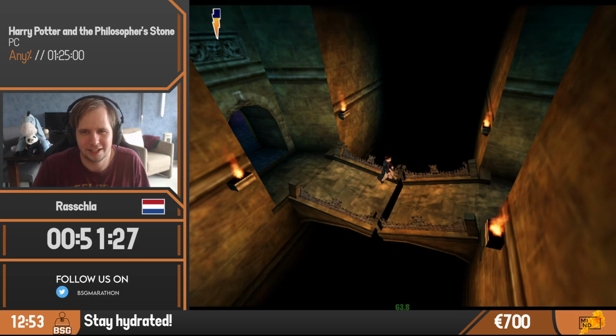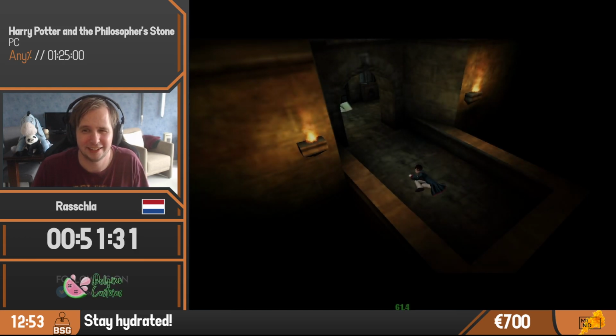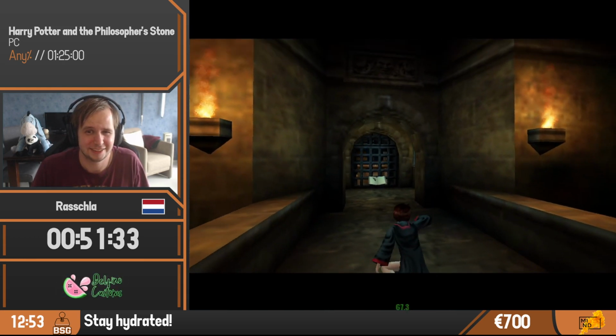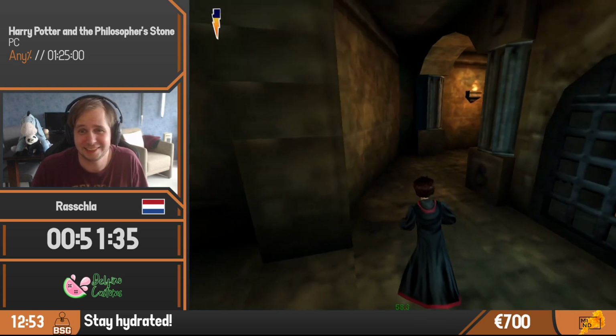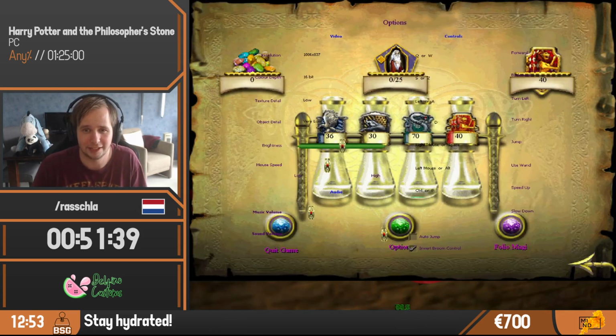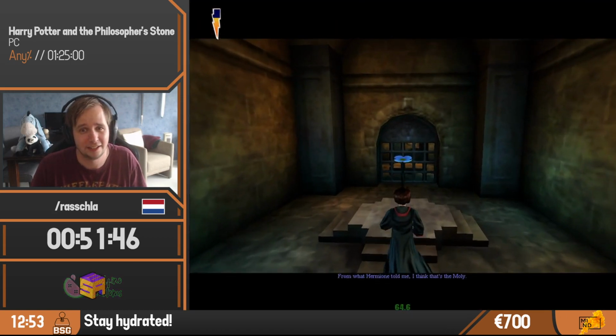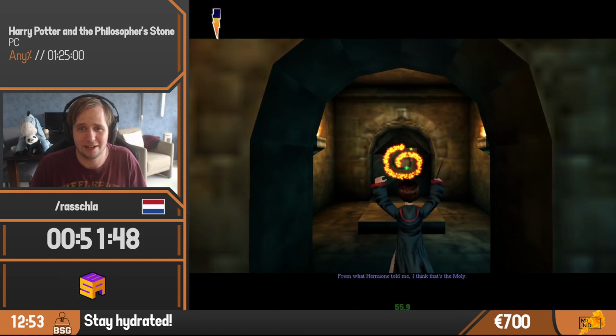We need to get some potion ingredients. I wonder if Snape tricked me. But it's a trap basically, because Snape had a trap for us ready. And yeah, here's a really hard puzzle, which I basically skipped by...